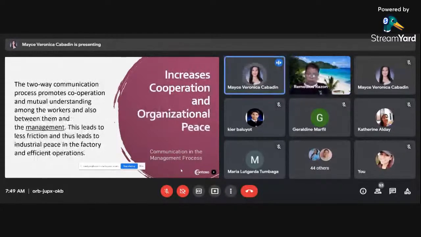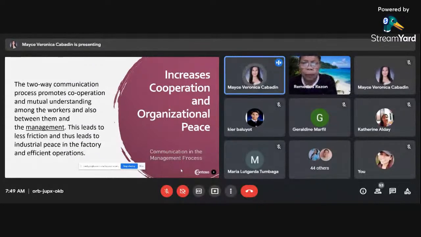So next, increases cooperation and organizational peace. So the two-way communication process promotes cooperation and mutual understanding among the workers and also between them and the management. This leads to less friction and thus leads to industrial peace in the factory and efficient operation.